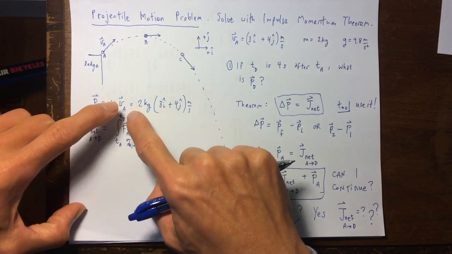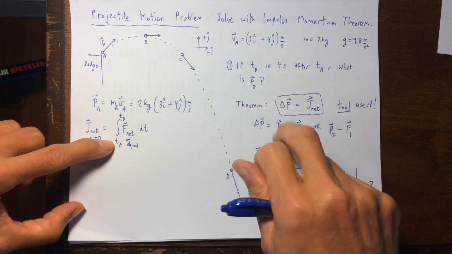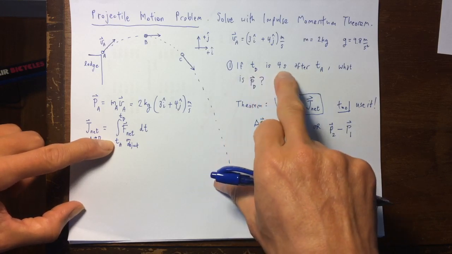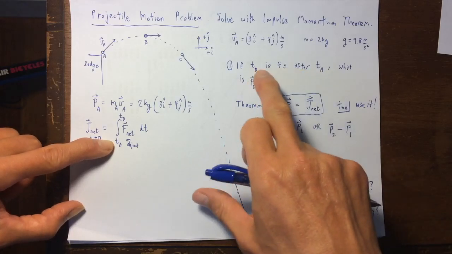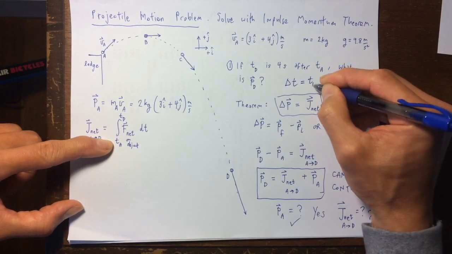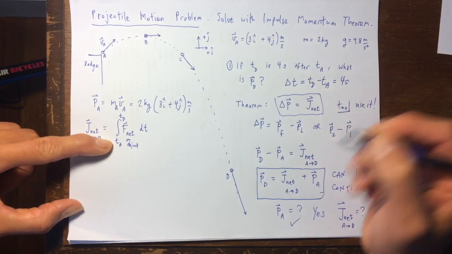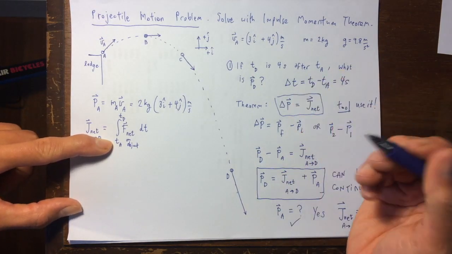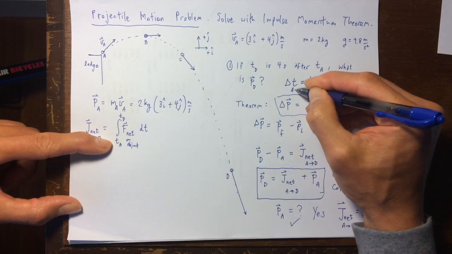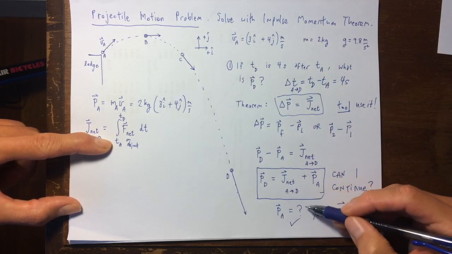T sub D, I don't know that value either. What I do know, though, is that the problem specifies that T sub D, whatever it is, is simply 4 seconds bigger than T sub A. That's what I do know. So secretly, I'm just going to keep a note for myself. This is the difference between T sub D and T sub A, and it's 4 seconds of difference. So I'll just put that aside. I'm not sure if it's necessarily useful yet, but I've got it there. It's the time from A up to D, in a similar symbolic language. All right,